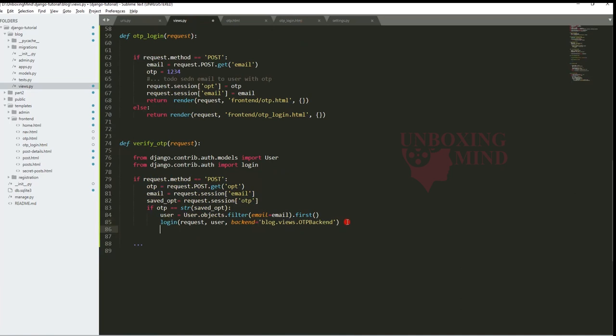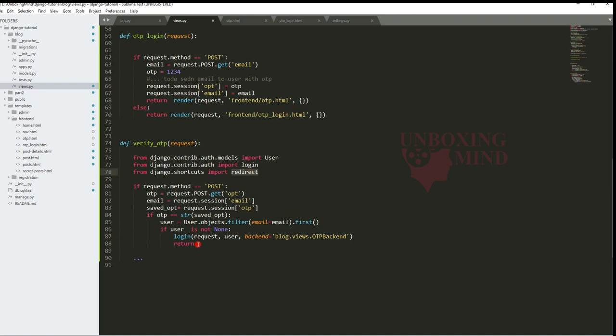So you can use something like this also, but you need to import the settings file. So for now I'm going to use only this string format. Now we have verified our user, and if it is okay, we will need to check whether the user exists or not. Sometimes maybe the user email address is not valid. So if user is not None, then login.